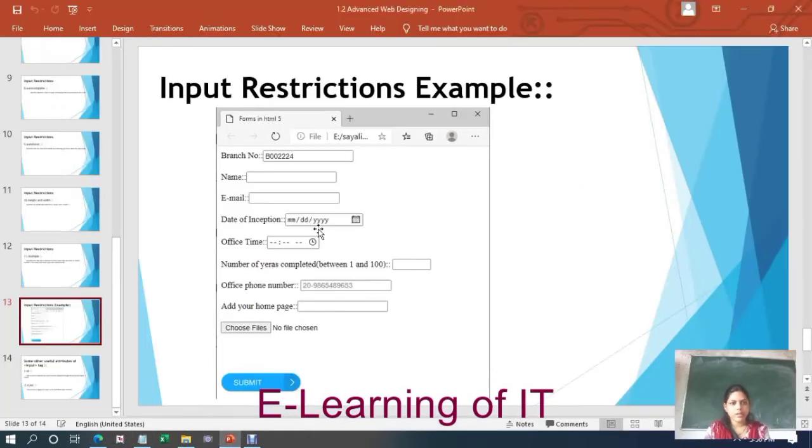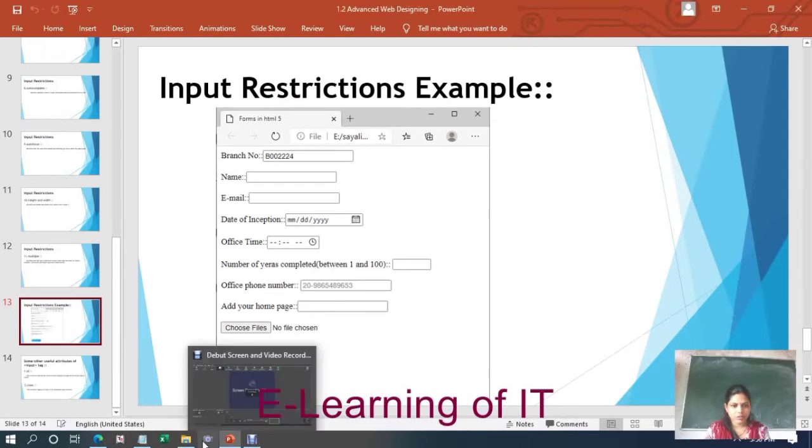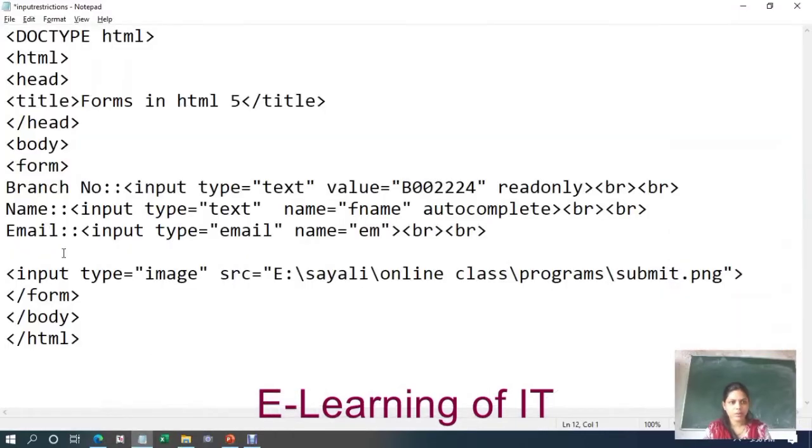Next field is the date of inception. Here you can specify the input type as date.